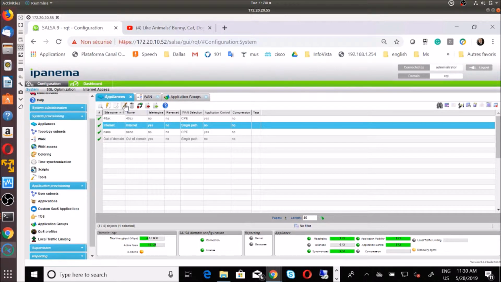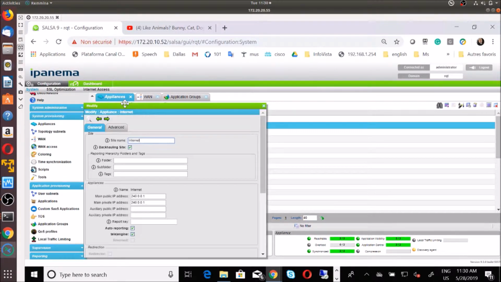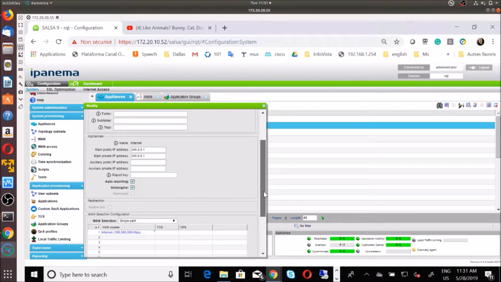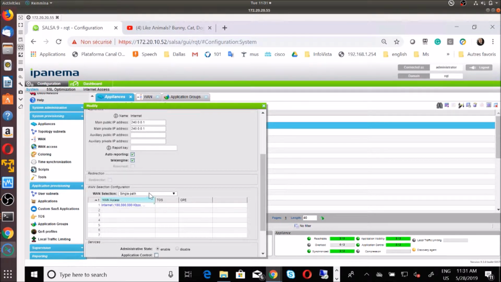Here probably is the most important point for this configuration: the Internet tele engine. Make sure that the backhaul insights option is active. This tele engine is created automatically by default from version Ipanema 9.2. 9.3 is running now in my lab, so it is created automatically, and it has this IP also by default. It's a tele engine, and what is not configured by default is the single path definition,